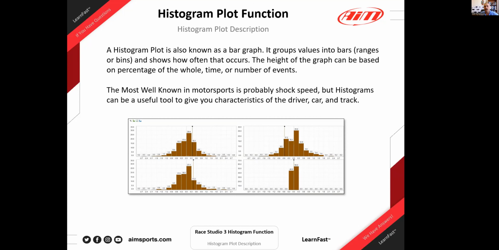The real definition: it groups values into bars or ranges, or bins, and it shows how often. And then we can plot the height of it as a percentage of the time, or the number of times that range was hit. So a definition doesn't tell us too much, but once we get into it, I think we'll see it. The one that a lot of people really know is for shock speed histograms,